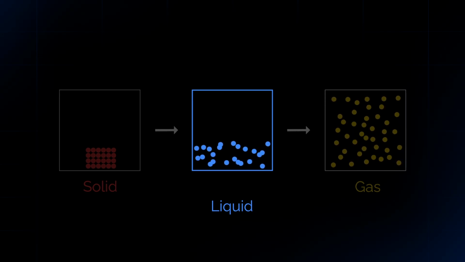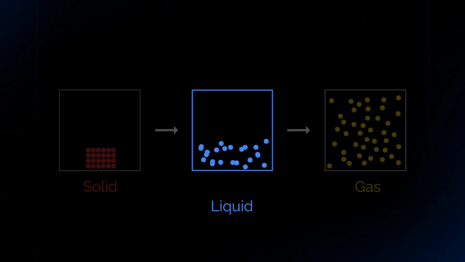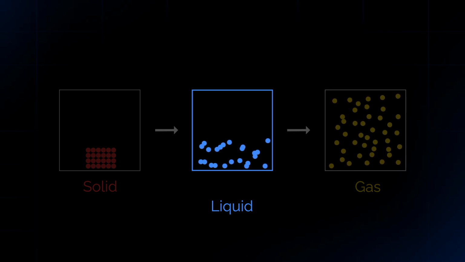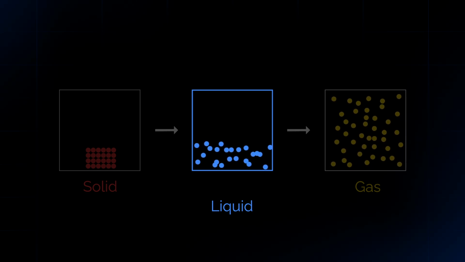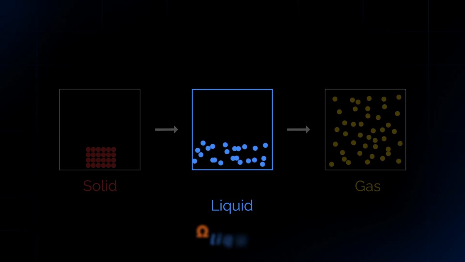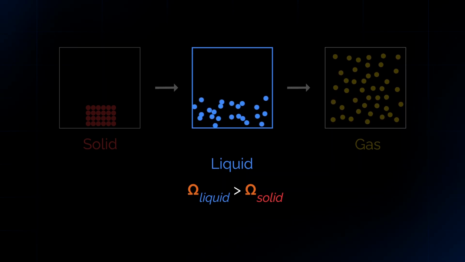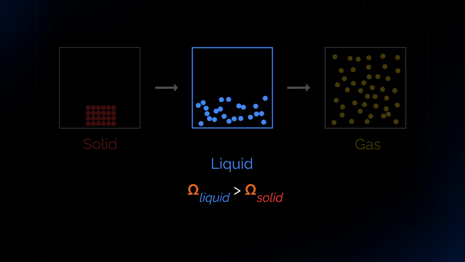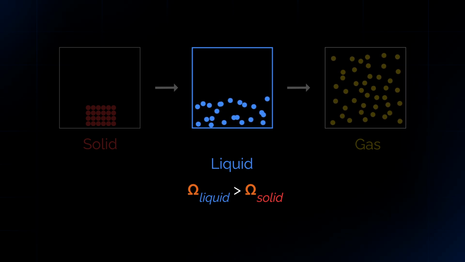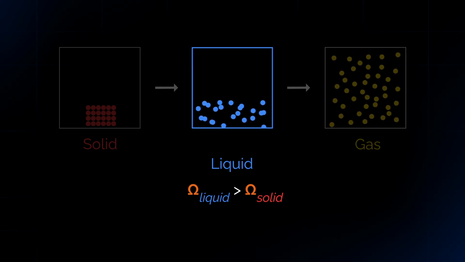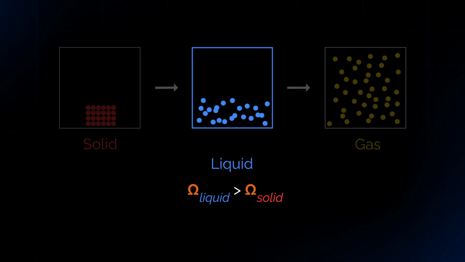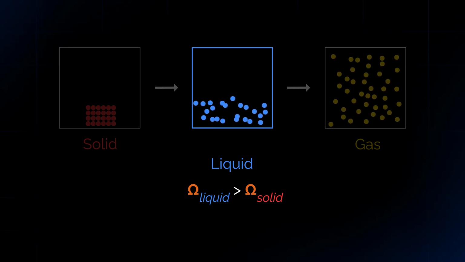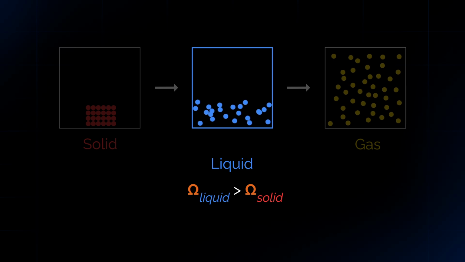But if we move to a liquid phase, this would be like having those students in a lab where everyone is still in the same vicinity of each other, but they can move from one spot to another within the room. Now there are so many more possibilities for how everyone can be arranged. The omega for this more fluid phase is larger than that of the solid, which results in higher entropy. There are many millions of ways those 24 students can be positioned in the lab at any moment. Particles in a liquid phase are similar. When a system goes from a bound or constrained solid to a flowing and undulating liquid, entropy increases.